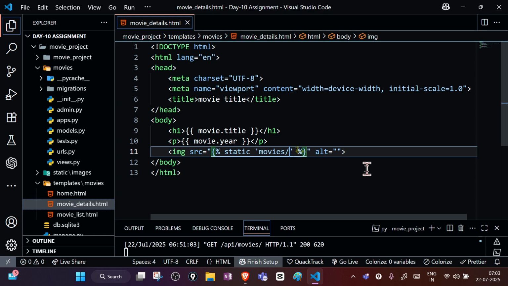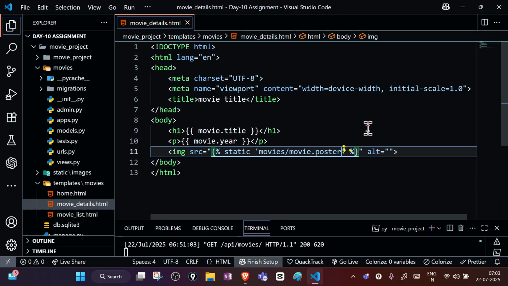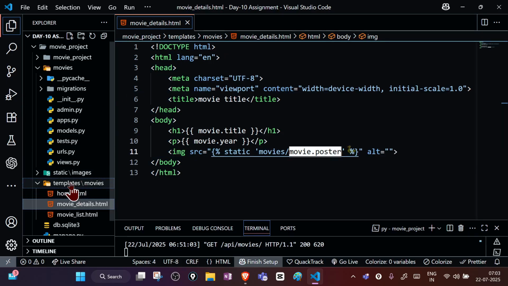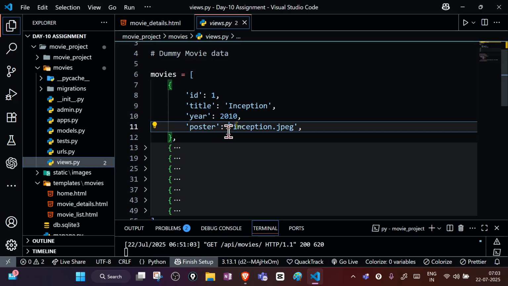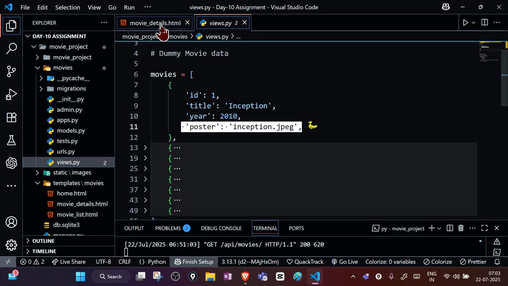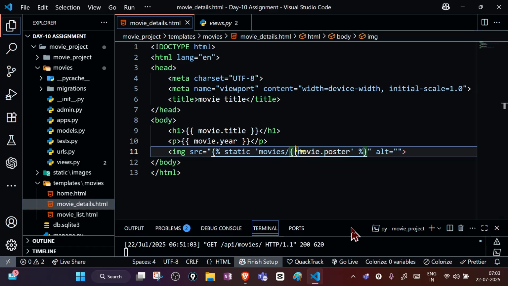forward slash, and here I will write movie.poster. Okay, so movie.poster, from where am I writing this? If you see the view, inside the view we have poster. So if you write movie.poster, it will consider this value. So this is the dynamic data we are taking. If you are taking dynamic data, instead of writing this hard code, we need to use it inside the curly braces,